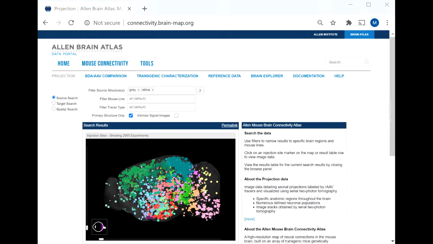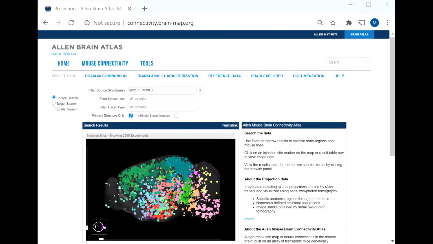When we inject the mouse with this modified virus, it will be able to enter a few neurons near the injection site, but it will not spread further. The neurons the virus enters will now glow green. The injection is made into the gray matter where the cell body is located, but the entire neuron will glow, and we can trace where the axon goes, the part of the neuron that connects to the other parts of